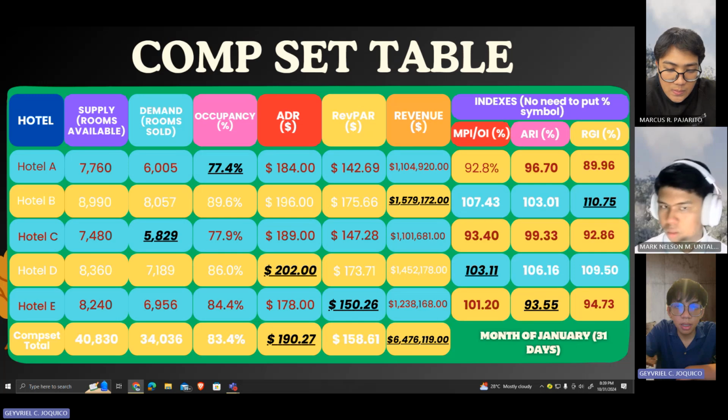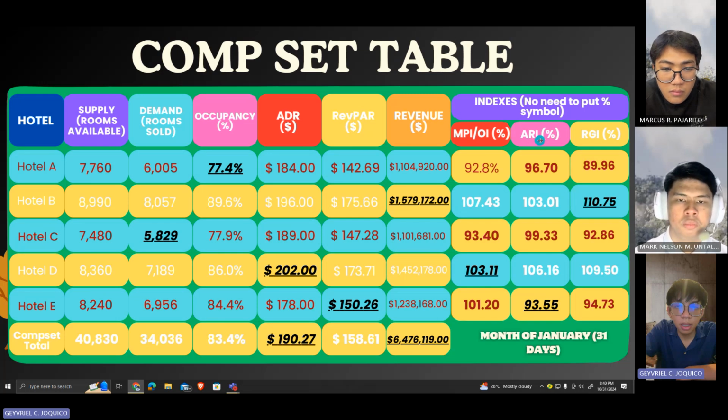Now, next on our slide, let's examine the MPI, ARI, and RGI metrics. In the competitive hospitality industry, the Market Penetration Index or MPI, Average Rate Index or ARI, and Revenue Generation Index or RGI are crucial for evaluating a hotel's position relative to its competitors. For hotels A and E, these metrics offer valuable insights into their operational efficiency, pricing approach, and overall market performance